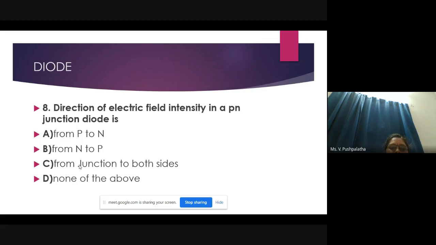So at room temperature, during forward bias condition, what will happen, right? All the electrons will move towards the holes, right? So here you will have immobile ions. What are all the immobile ions at the N side? Donors, right? At the P side, you have acceptor ions. Now I'll show you the diagram.